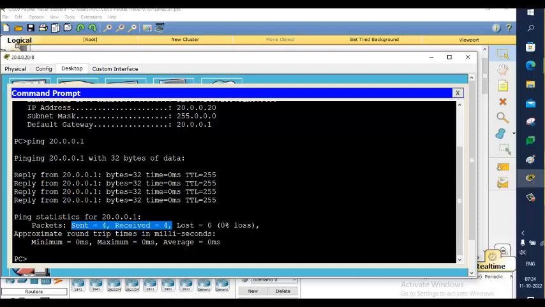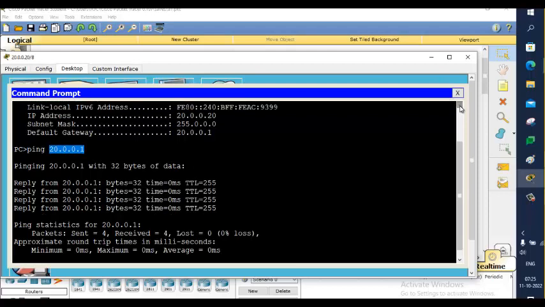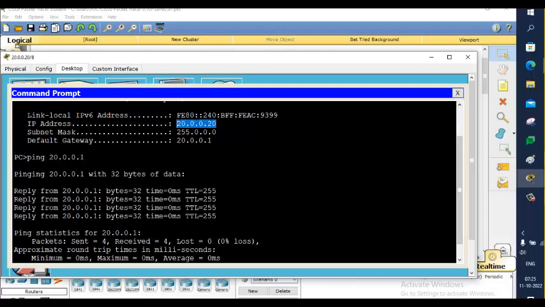Four ICMP requests. What does ICMP mean? ICMP is a protocol that ping uses. Ping, packet internet groper, uses ICMP, Internet Control Message Protocol. With that protocol, what it does is it sends an ICMP request to this address from its own address, from this source address to this destination address. It will send